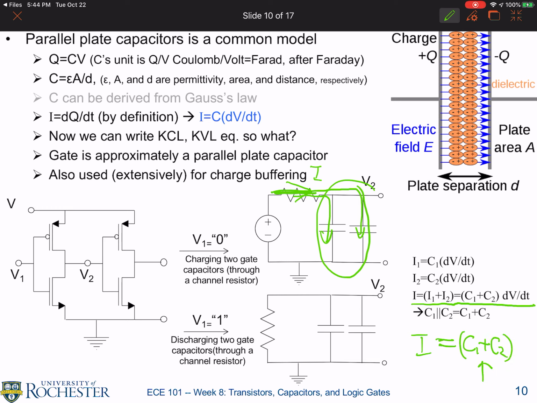That's a constant, because both C1 and C2 are constants. So this is the same as if I have one capacitor whose equivalent capacitance C is just C1 plus C2. So parallel